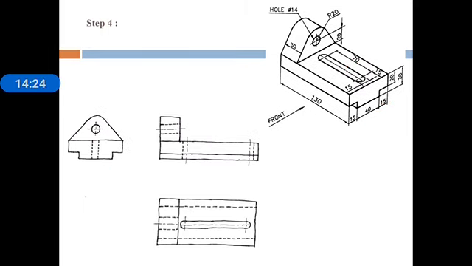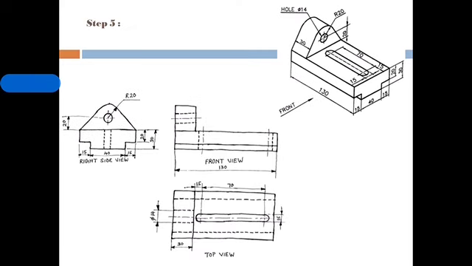In step 4 I am darkening these solid lines. And in step 5 I am putting the dimensions here. After putting the dimensions and the names of the views, like front view, top view and side view, I have completed the freehand sketch. So these are the following steps of doing a proper freehand sketch. You study it and practice it in your own sheet. In the next we will go through